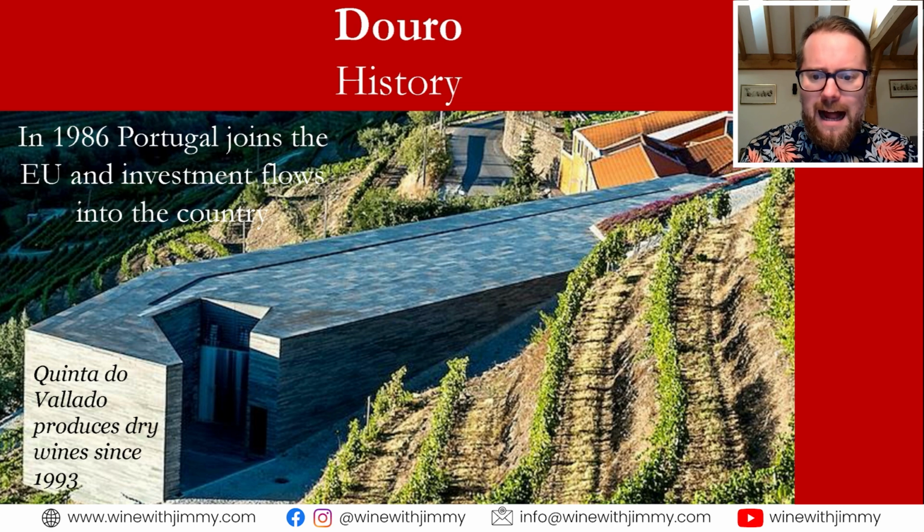Now, despite Almeida's efforts, production of high quality Douro unfortified wine did not really get underway until Portugal ascended to the European Union in 1986. Of course, it was called the European Community then. Now it's called the European Union. This brought the finance to invest in modern winemaking equipment, such as stainless steel